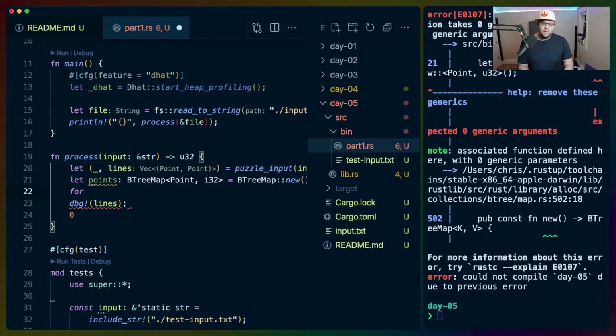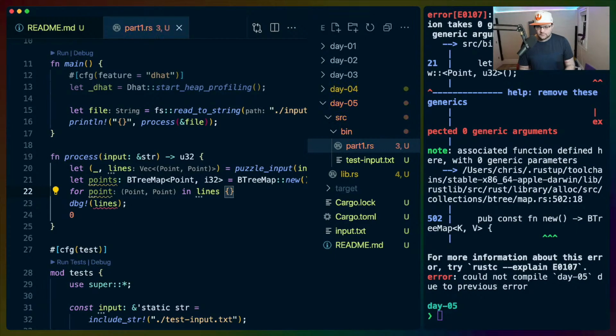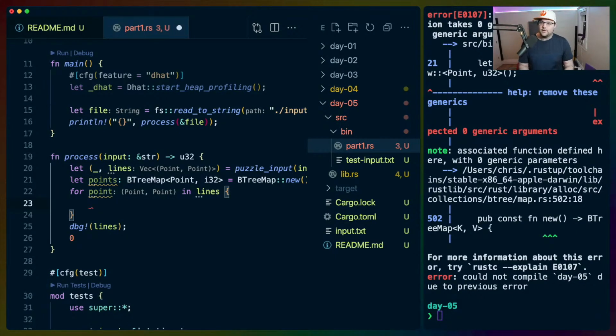So for point, maybe later. For point in lines, we have 2 points. We need to generate a line. How do we do this? It's going to be either horizontal or vertical, right? So maybe we do